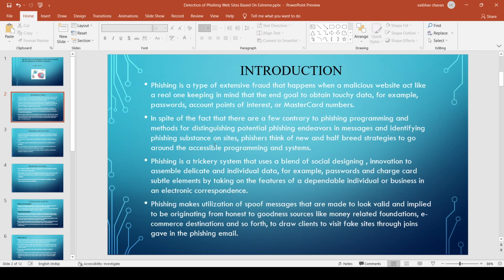First, the introduction. Phishing is a type of extensive fraud that happens when a malicious site acts like a real one. The basic goal of this site is to create a copy site or website to get some details or data of a user, such as the password of a user, username of a user, some account points of interest, which might help them